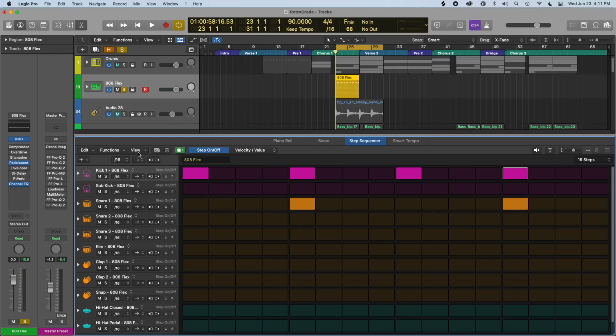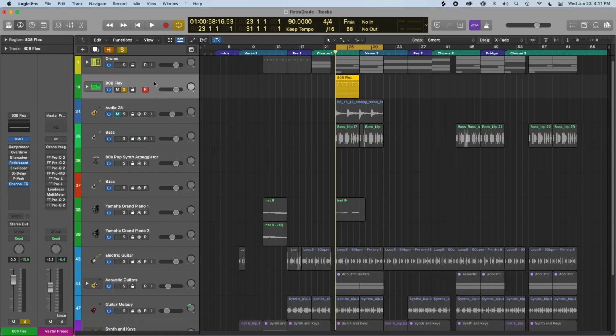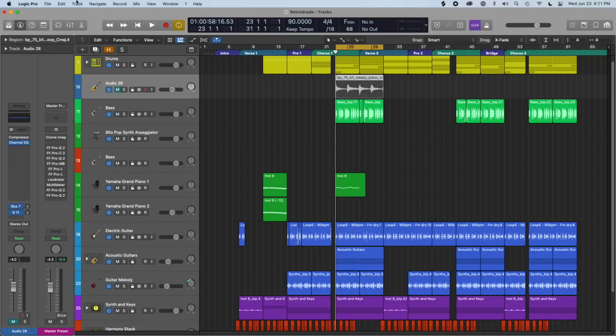And in order to do that, we will click this little window here, user patterns. See, I have a 4 on the floor pattern already, but I can go here and go save pattern. And I can call this 4 floor and snare, maybe. And now that's saved. So now if we delete this entire drum track and we start from scratch,